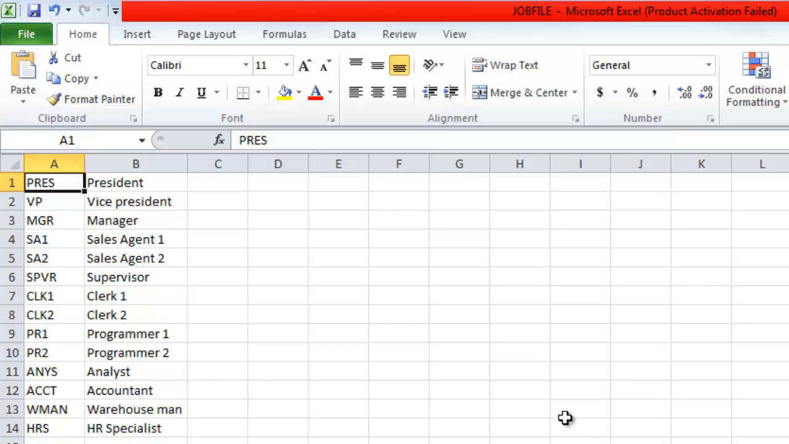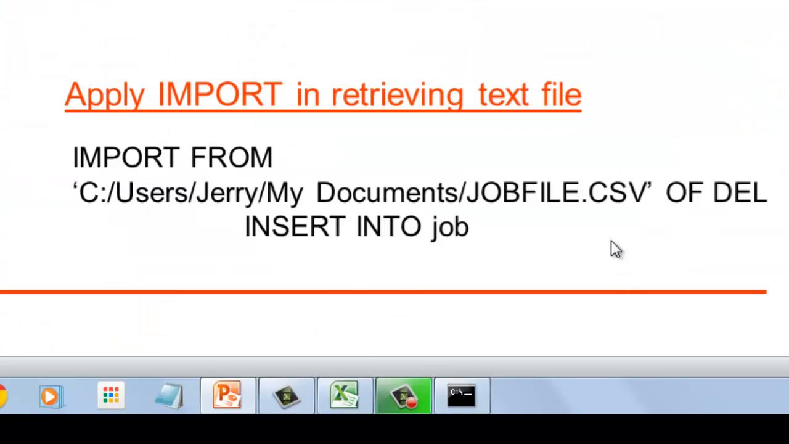Yes. And this would be the syntax on how to import a CSV file. CSV means comma separated values. Here you could notice that we combine import and insert into statements. Of del means that the file being imported uses a delimiter. In this case, the delimiter of the file is a comma. So applying the statement, we have